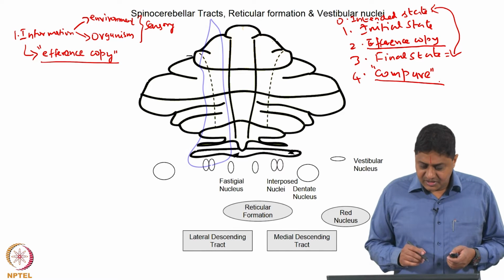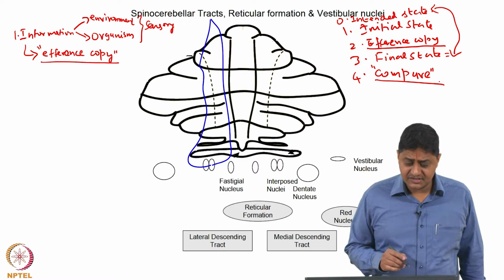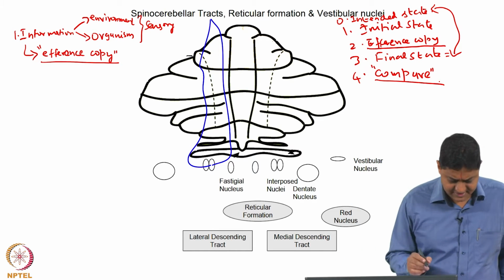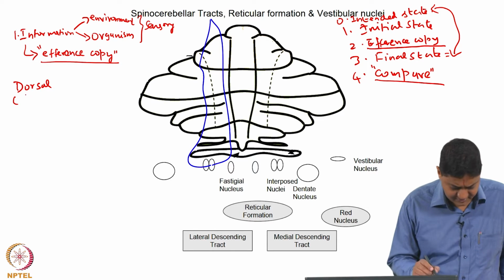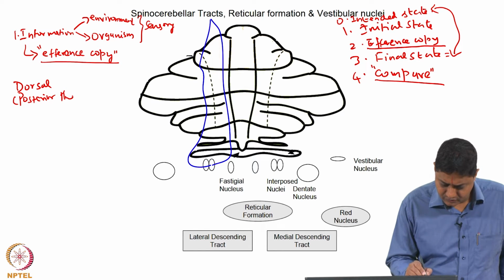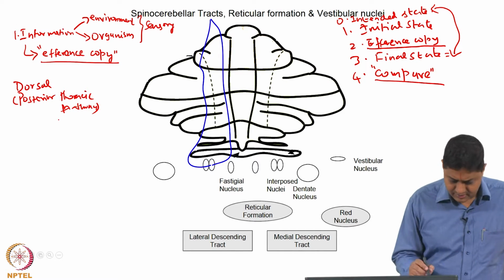So the information is coming from the spinocerebellar tracts. What are these tracts? We have said what these tracts are. These are the dorsal spinocerebellar tracts. This is also called the posterior thoracic nucleus, or the posterior thoracic system, or the posterior thoracic pathway, right. And